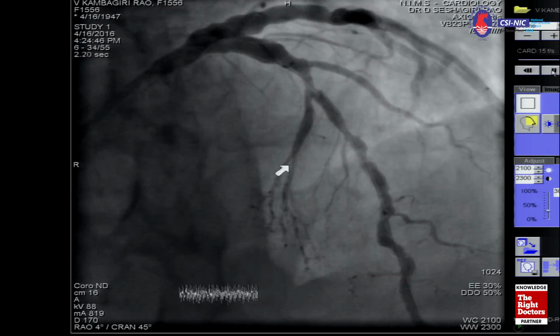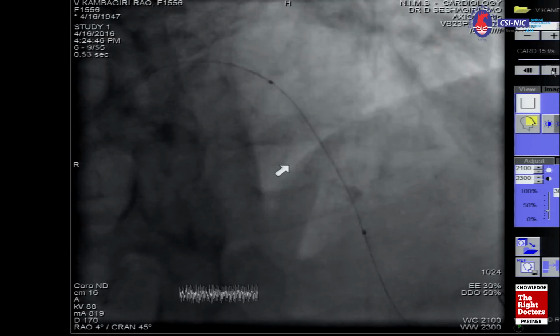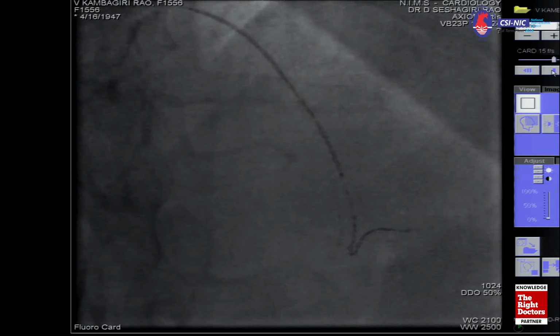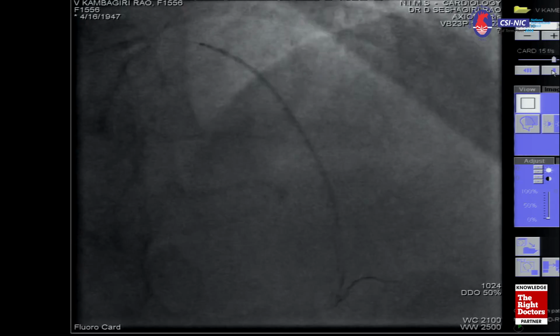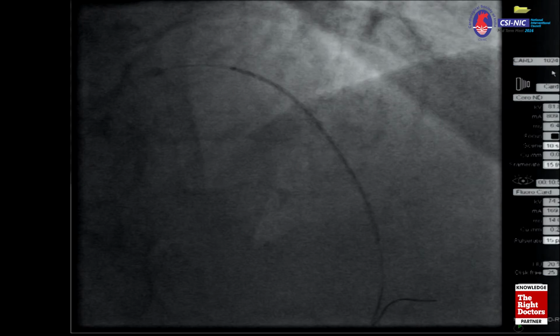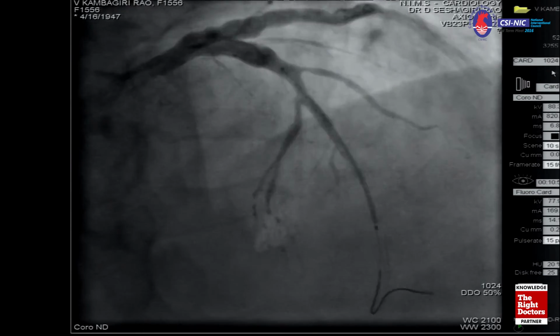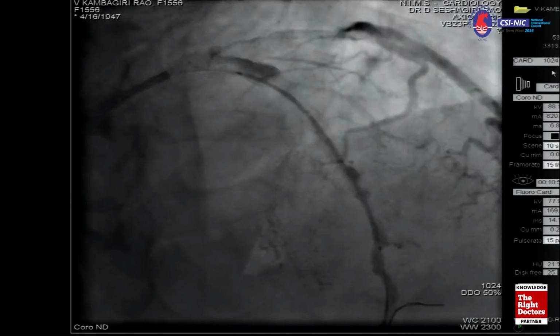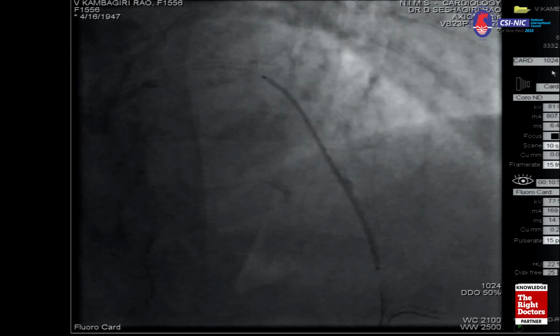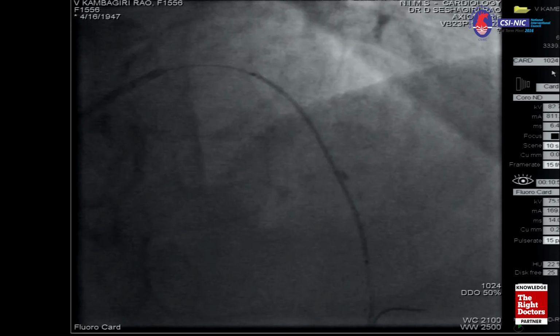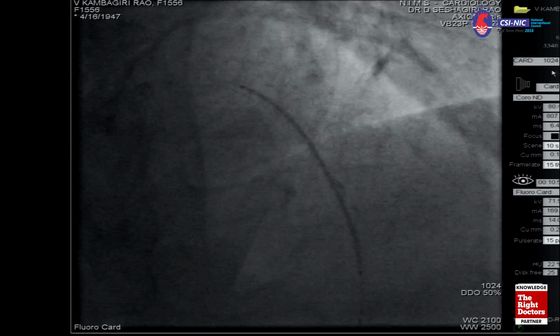Yeah, basically proximally I'm discussing the diagonal, there is also a block there. Yes, it's a long stent. Do they have 44 or something in between or no? They don't have 44, only 40 and 50. I think we should move more proximal. Too proximal. See how long it is? Too long. Proximally, where you're keeping the stent, the vessel size is at least 3.5 or 3.75. That's an ectatic vessel.